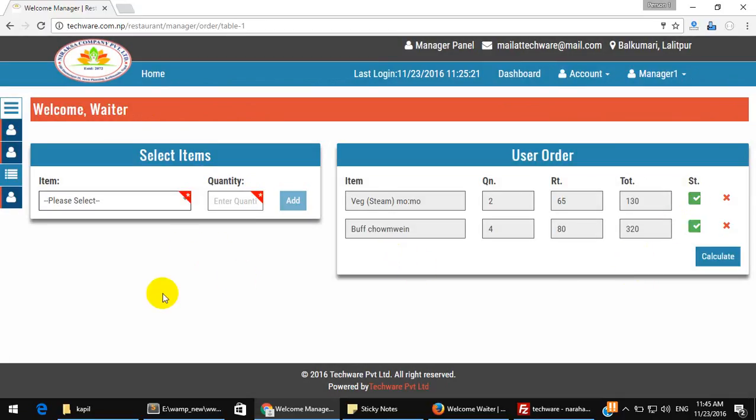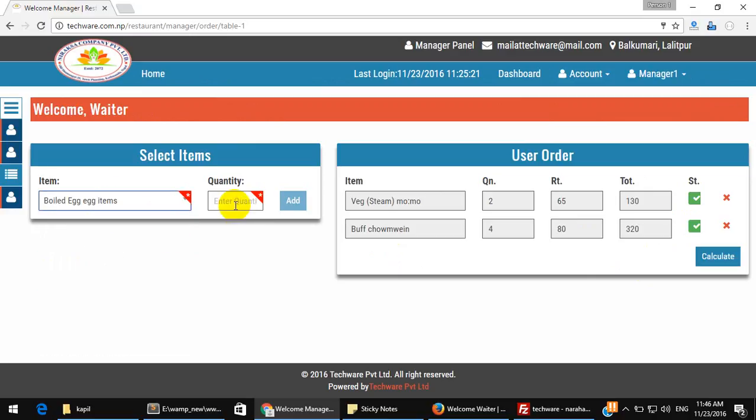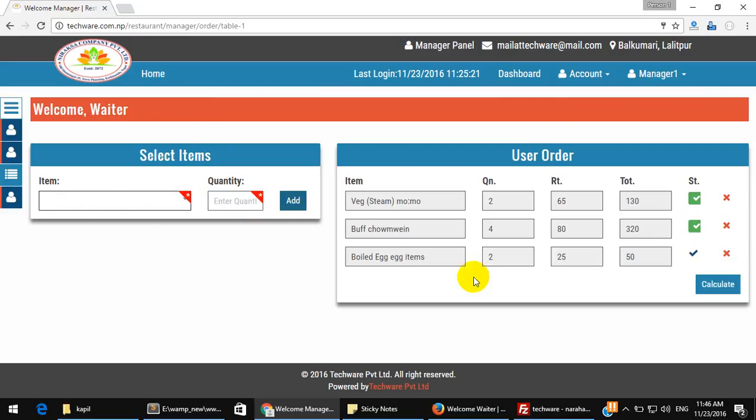And if some other people come to the manager site and order some items, then the manager can also add items, or he can also remove them from here.